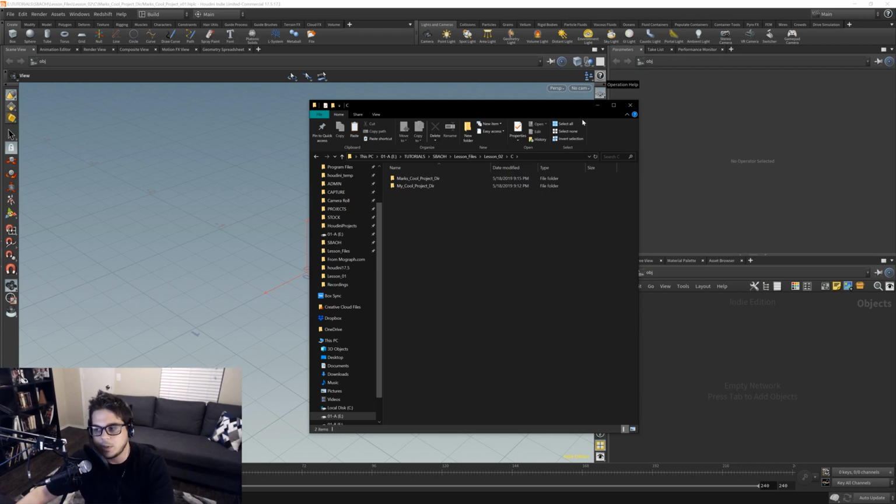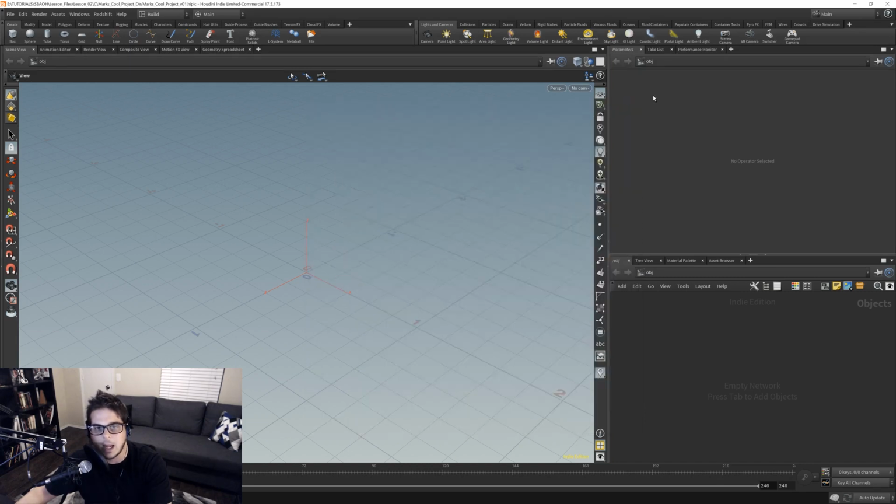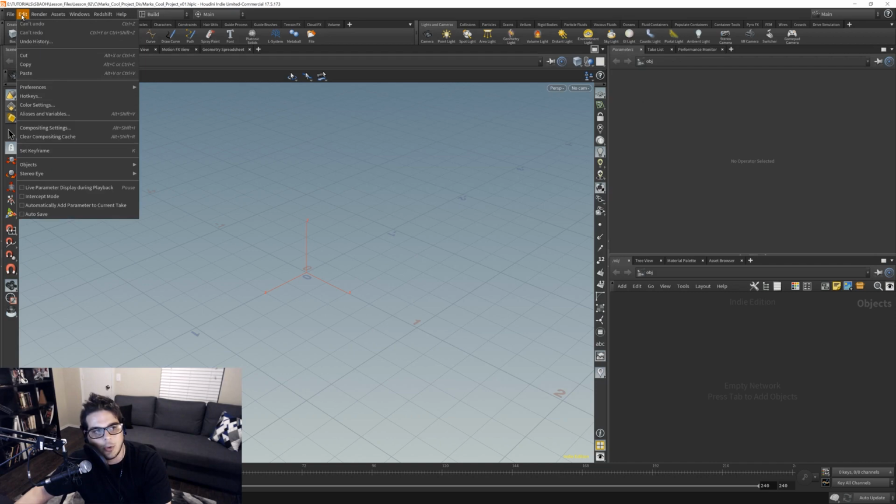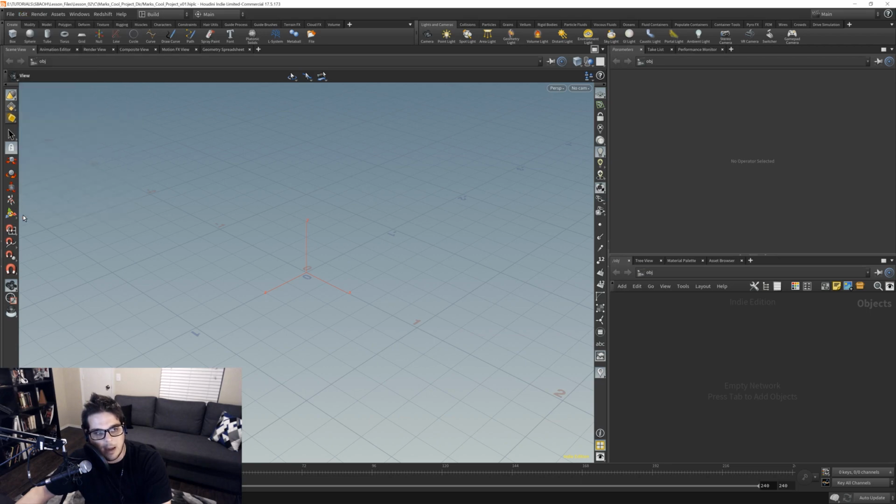So let's just get that sort of figured out here. Now, if we close this out and go to under Edit, you can see there is an autosave option down at the bottom here. So if I tick that button, Houdini will start autosaving. Also, if I look